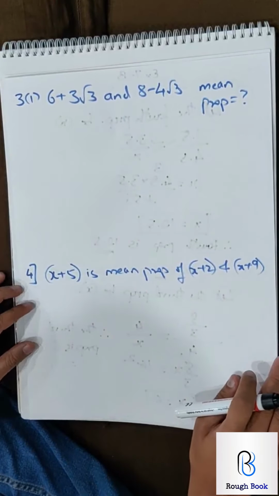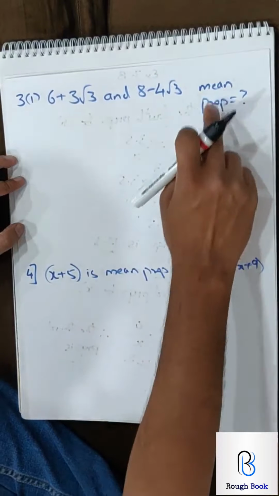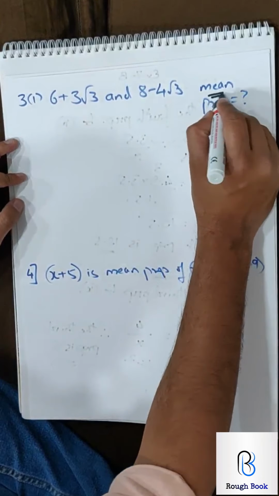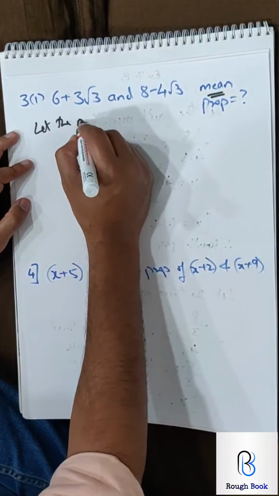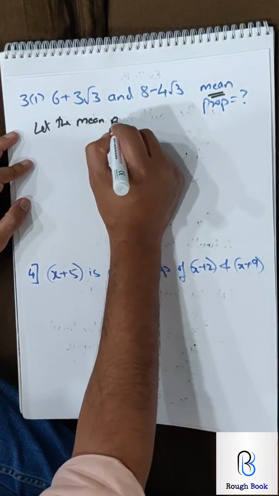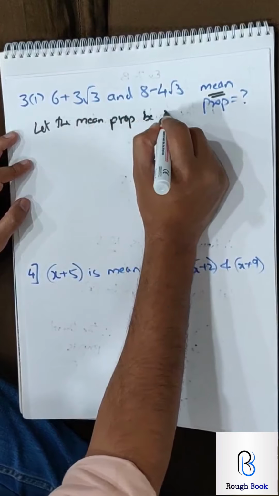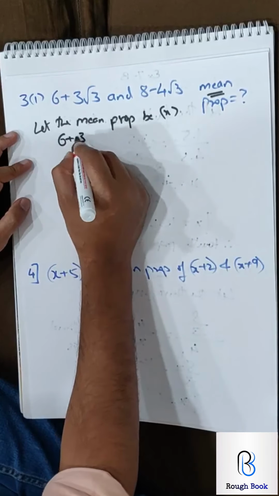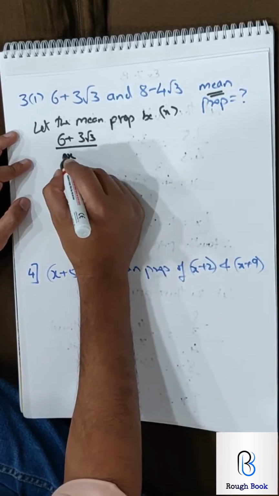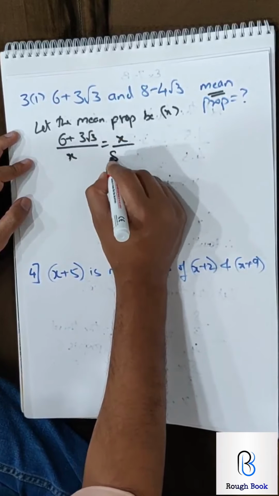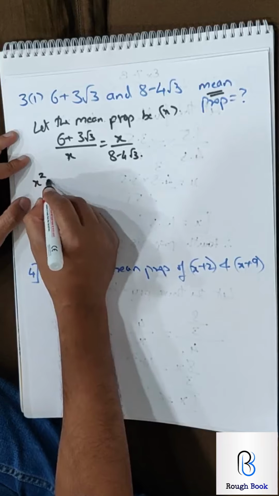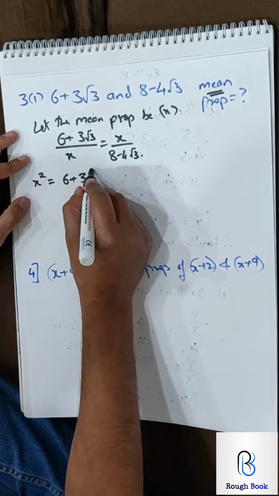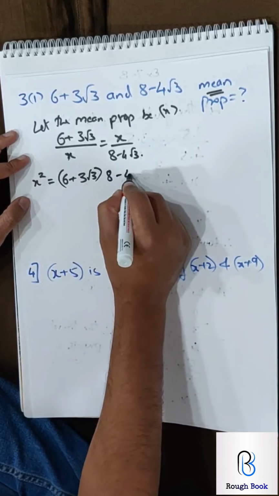Let's go to this one, 3 part 1. It says find the mean proportion. So mean, as I told you, is the middle number. We already are aware of it. So you will say let the mean proportion be x. So it will be 6 plus 3 root 3 upon x equals x upon 8 minus 4 root 3. So you cross multiply, it becomes x square, 6 plus 3 root 3 into 8 minus 4 root